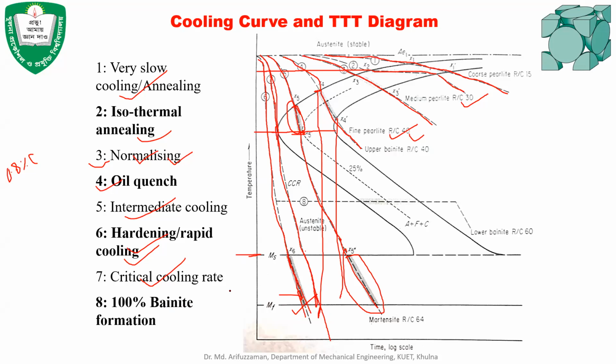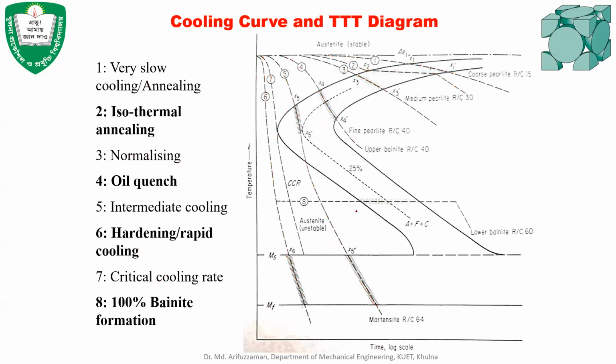Okay, and the question is how to obtain bainite. All this structure above this and below the martensitic range, we have seen that. But what about these products? There are some other products, right? So we need to also obtain these products. How to obtain that? In a constant cooling rate, you cannot obtain this. To obtain that, you need to avoid the nose region.